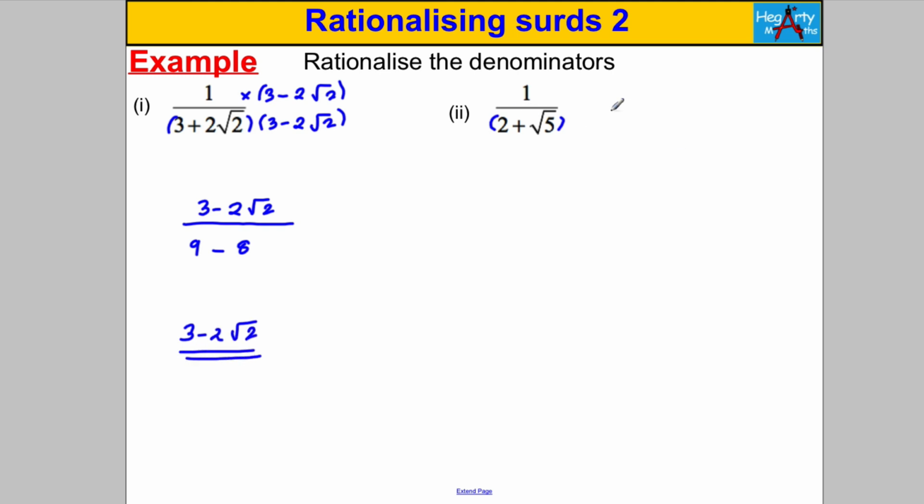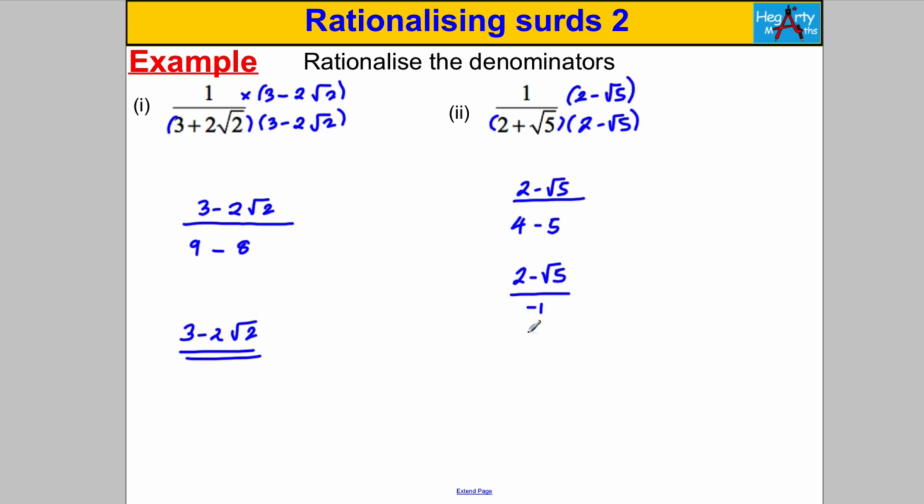This one here, I'm going to multiply the top and bottom by 2 subtract root 5 and 2 subtract root 5. On the top, I therefore just get simply 2 subtract root 5. On the denominator, 2 times 2, well that's going to equal 4, and root 5 times root 5 is going to be 5, so 4 take away 5. So on the top, I still get 2 subtract root 5, and on the bottom, 4 take away 5 is